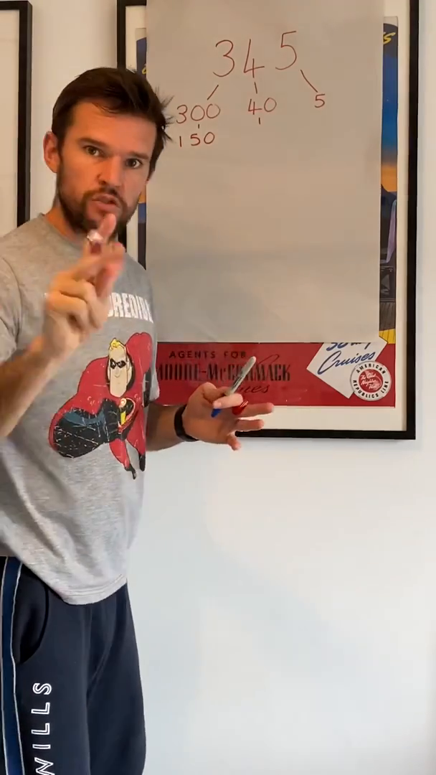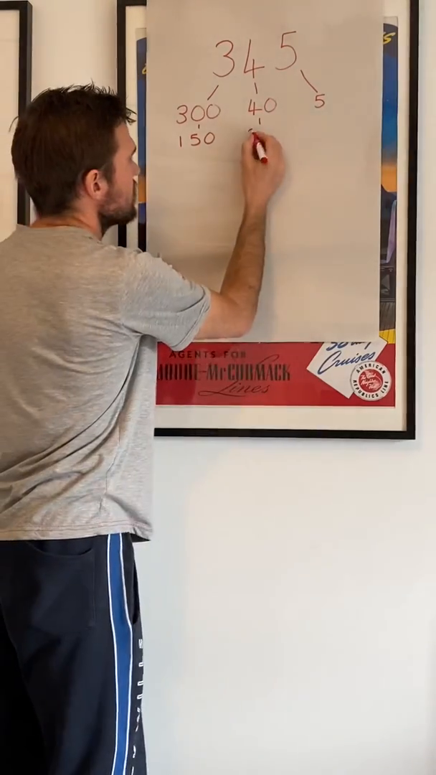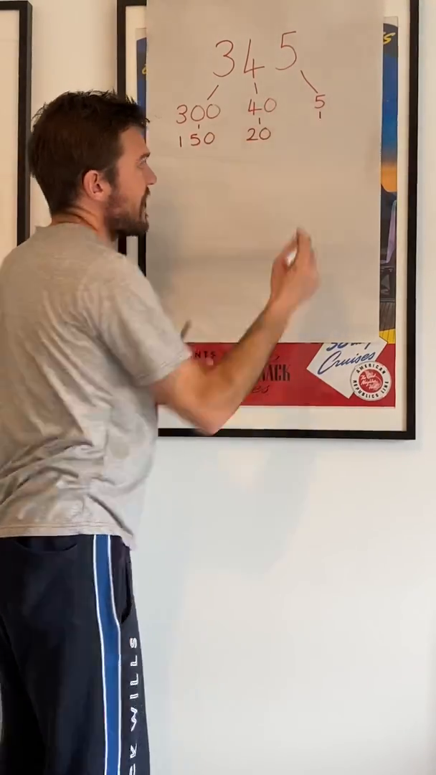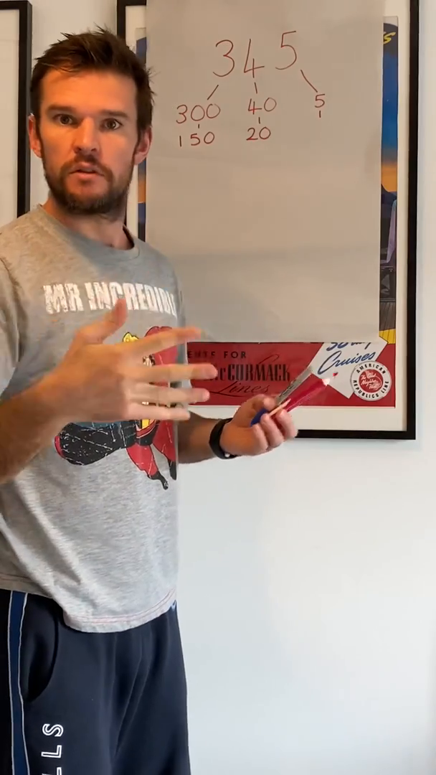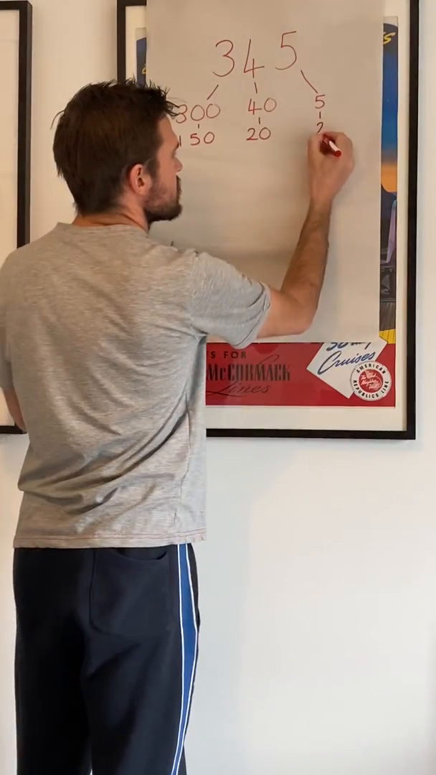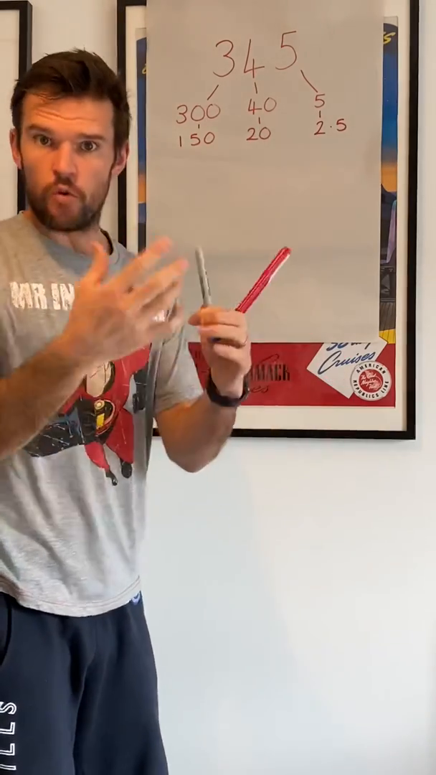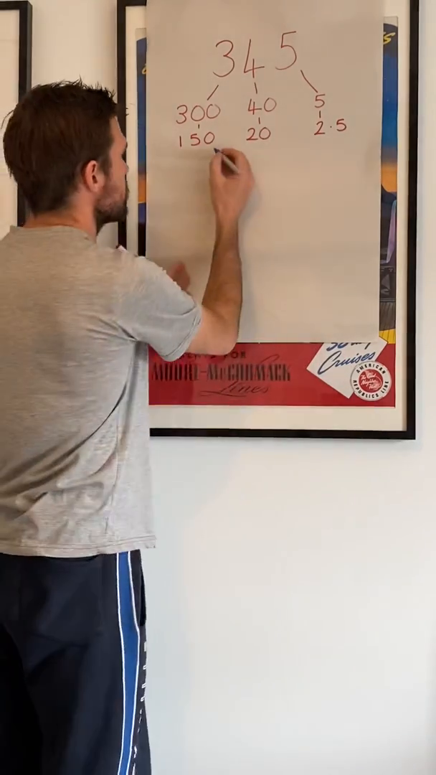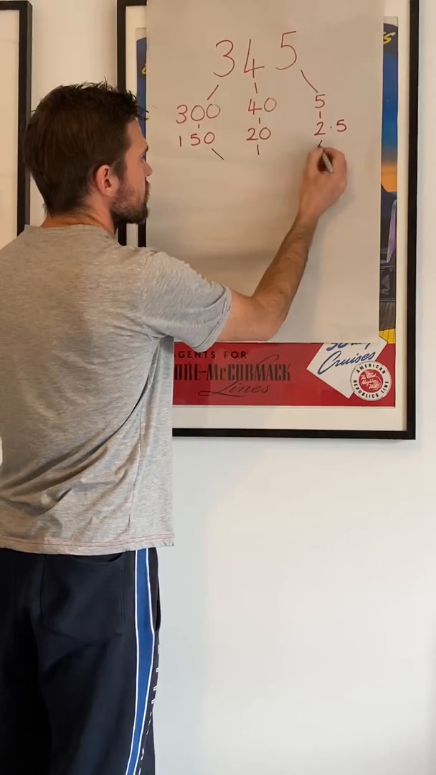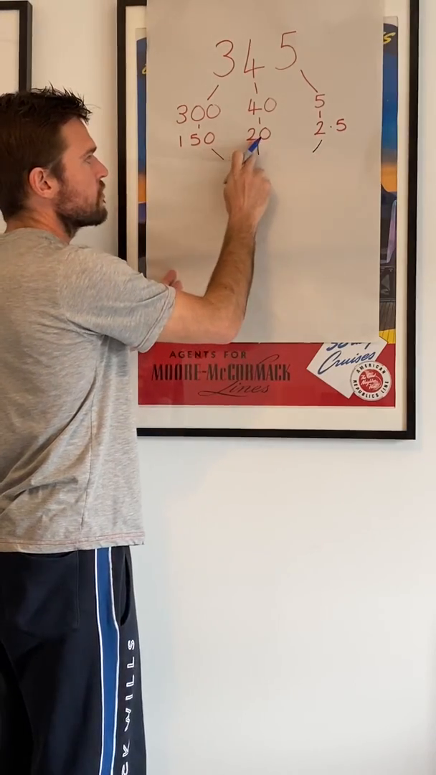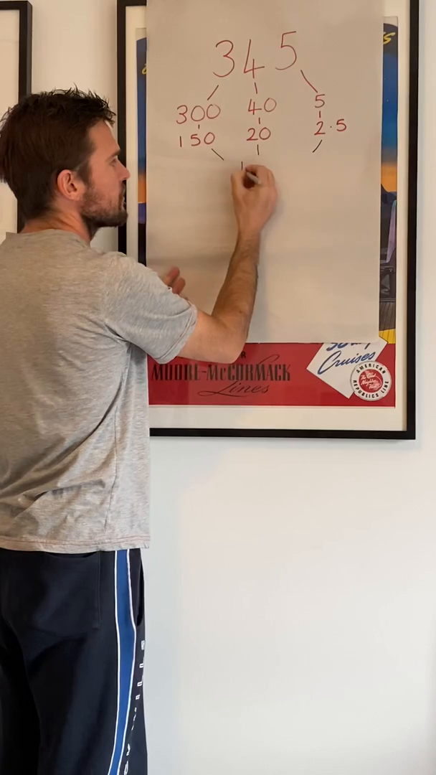Half of 4 is 2, half of 40 is 20. And half of 5, fingers up, we know half of 4 is 2, and half of 1 is a half. So it is 2.5. We then join them all back up. It gives us our answer. 150, 160, 170,